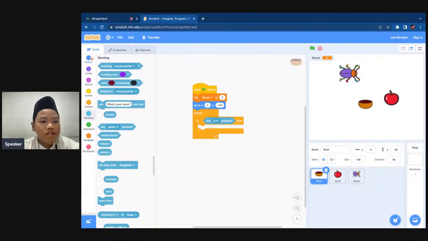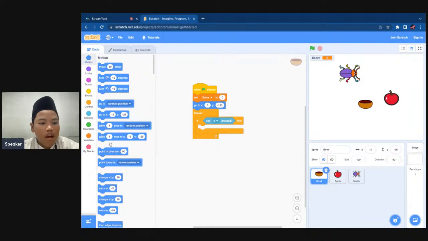And everyone can go to motion and drag the change X by block and put it in the if key D pressed then block. Now everyone change the number from 10 to 20.